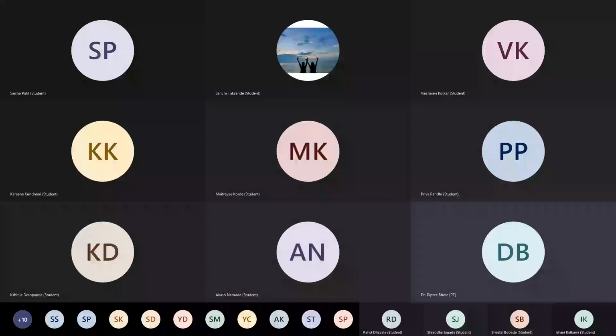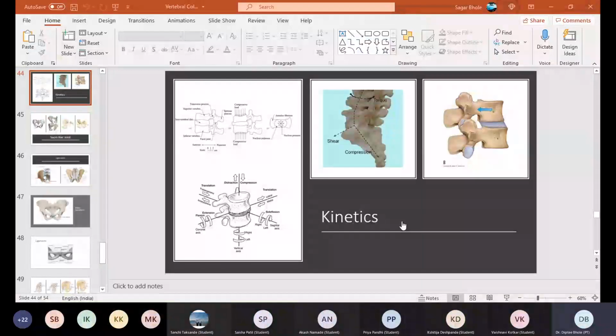As well as from your exam point of view, because it is very often repeated in your university question papers. But even apart from that, there is a very strong reason for us to understand the lumbopelvic rhythm, because it is very relevant clinically. We have only touched upon it, there is a lot more to learn, but at least these basic things you should understand. Why is it there, and what are the phases of it?